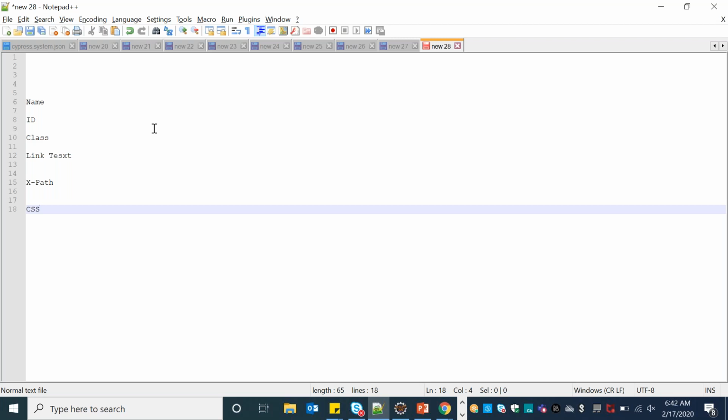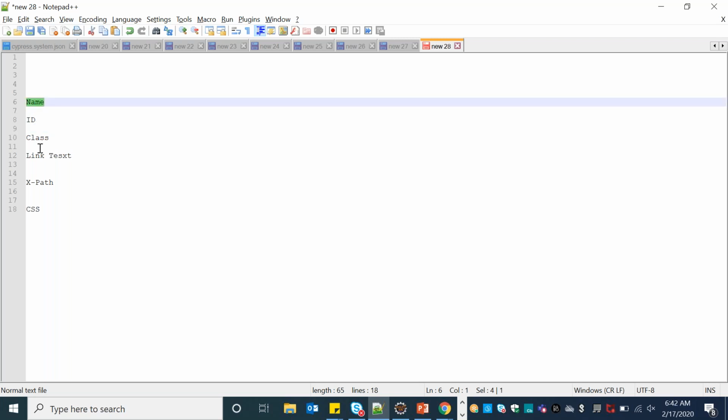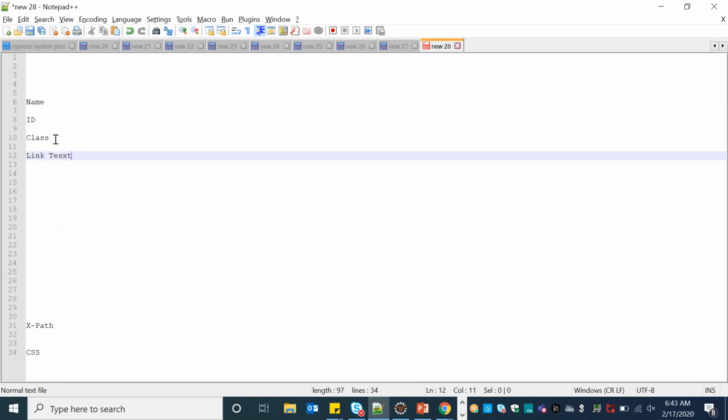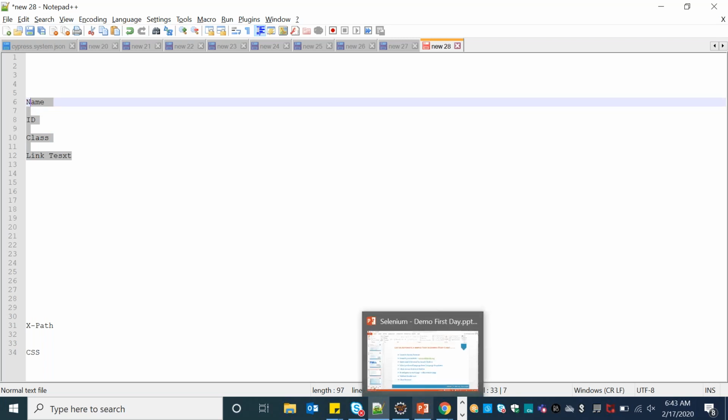These are the different ways we are using to find the locators of a particular element on the page. These are different techniques. We are using name, ID, class, link text. If you see here, up to here, these are the direct attributes. So any tag may have any number of attributes. If you see here, what is meant by tag, then what is meant by